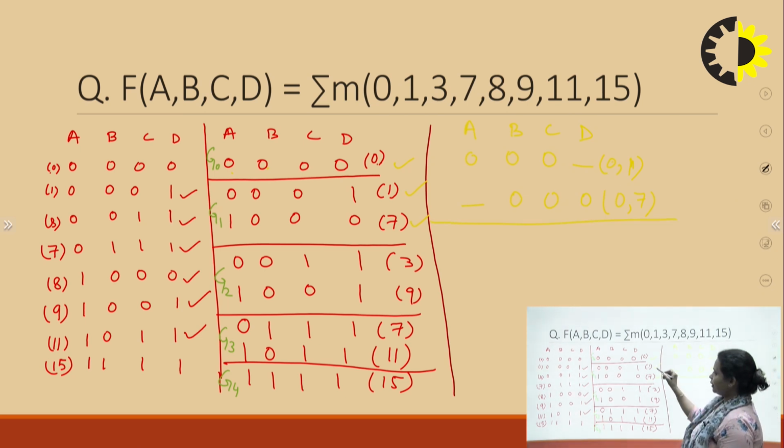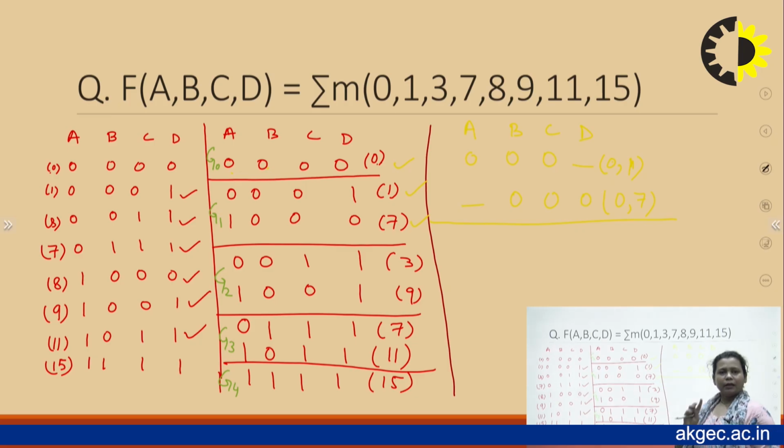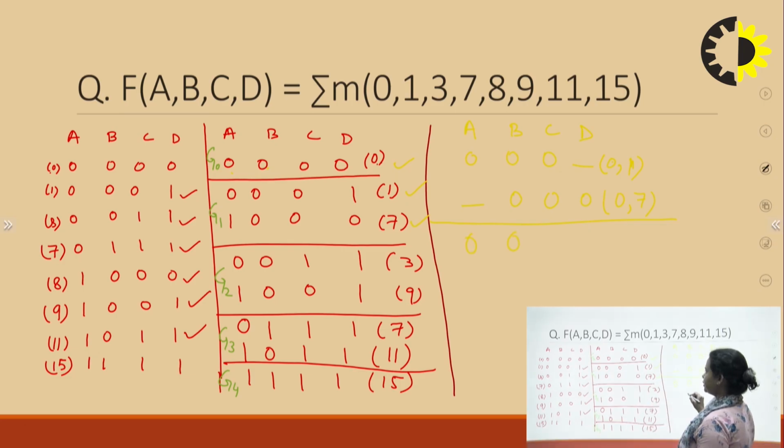Now what you will do is, you will compare group 1 to group 2 with the same method. You have to compare bit by bit, and if there is more than one bit difference, then you just leave it. If there is only one bit different, then you put dash, right? So when you are comparing 1 and 3, first bit matching, second bit matching, third bit is not matching, and then your last bit is matching. You just write 1, 3. So 3 is matched, so I have written tick again.